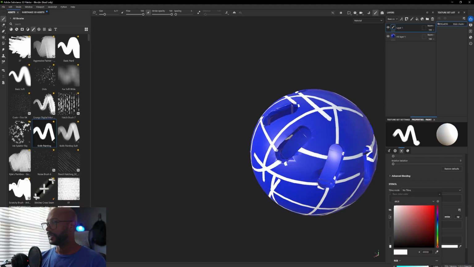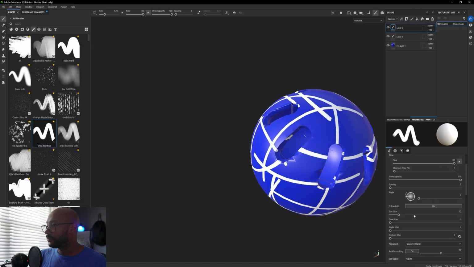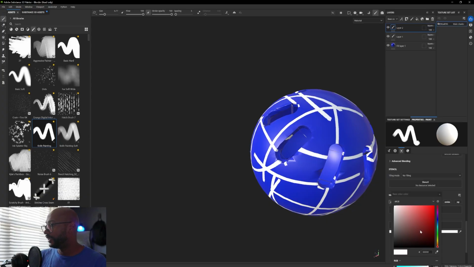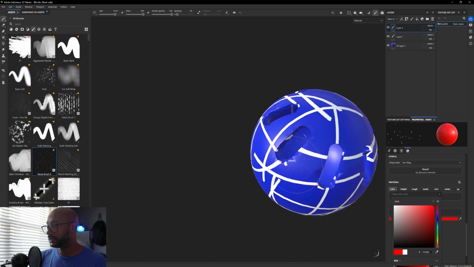Yeah, something like that. And then I'll add another fill layer to tie it in, and I'll add some red, but then I'll go and add some of those noise brushes